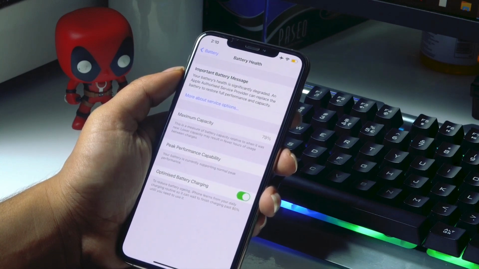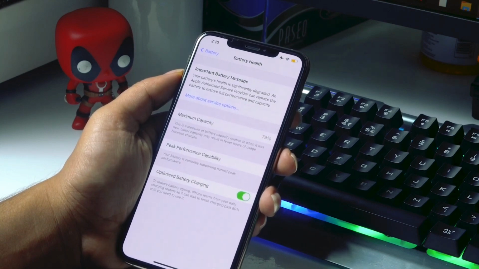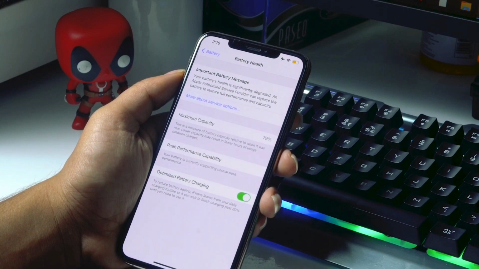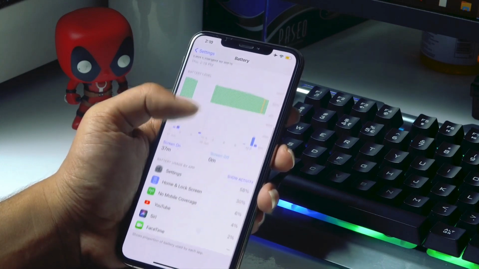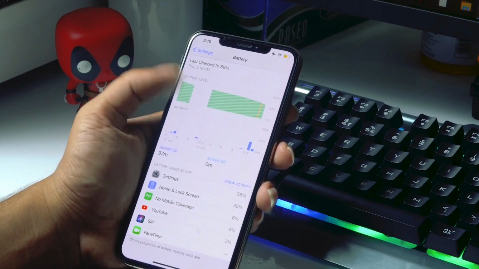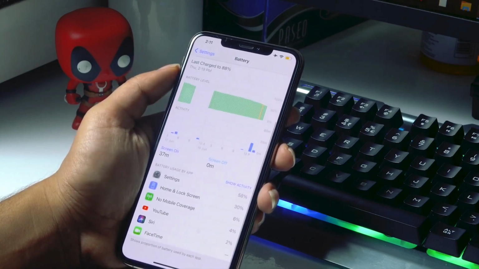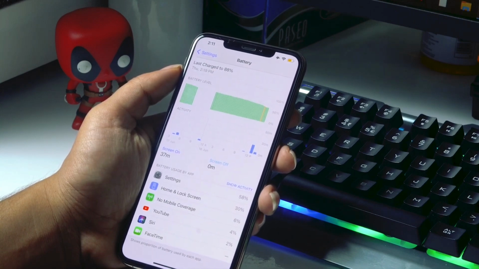Moving on to the next solution, I would like to make you notice that on the Battery Health screen itself, you can manage apps that are draining battery. Go back to the same step here, and as you can see, these are the apps which are using a lot of battery, so you have to set it from here. You can act according to the battery usage, and you can get a lot of control over the battery issues.